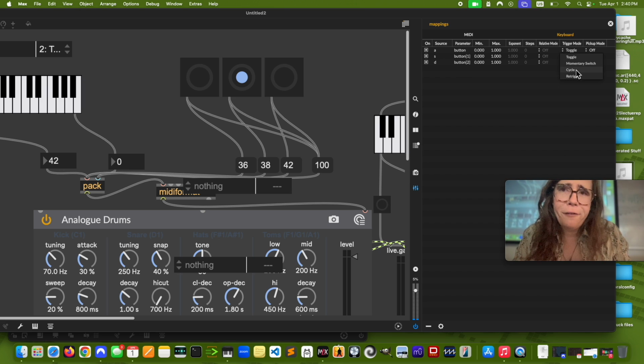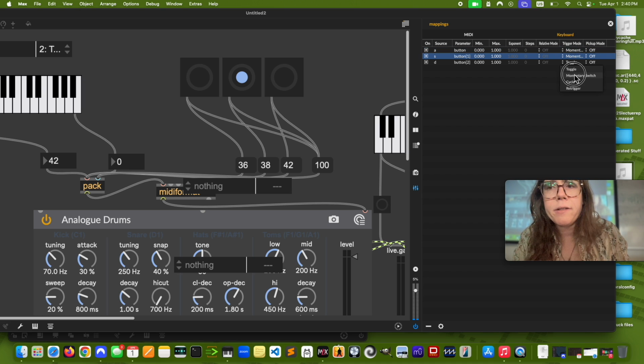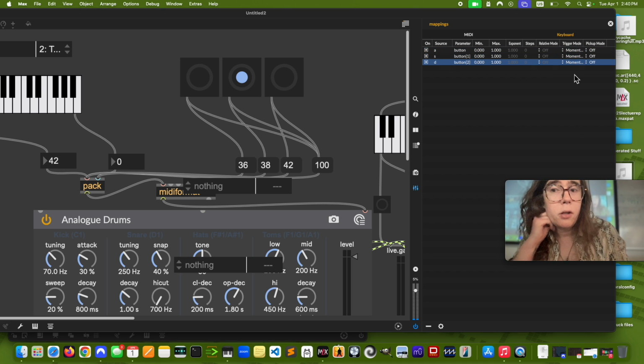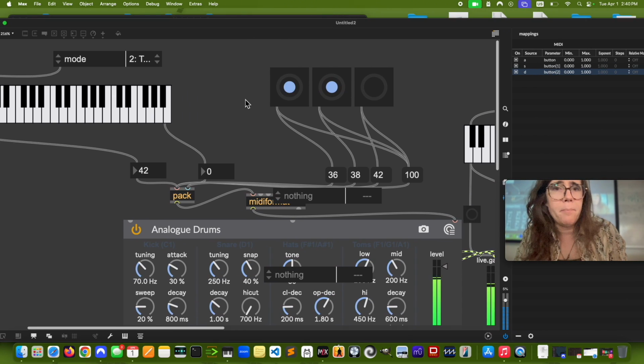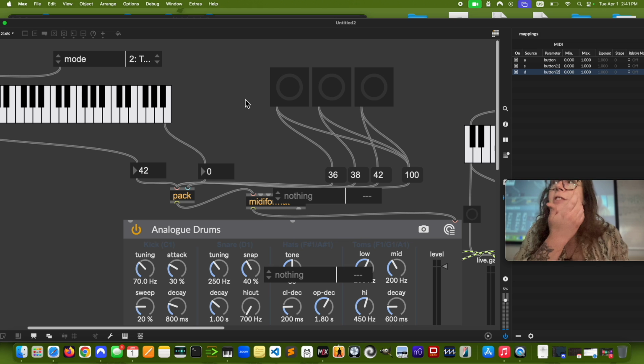These ones are working fine with toggle, but I really like momentary switch, this is trigger mode, momentary switch. I like this one better because it feels like it works faster if I'm making an instrument. Because sometimes when I've designed an instrument, since it's on toggle mode by default, there's actually a speed limit to how fast it can take the input. But if you switch it to momentary switch, like I did,